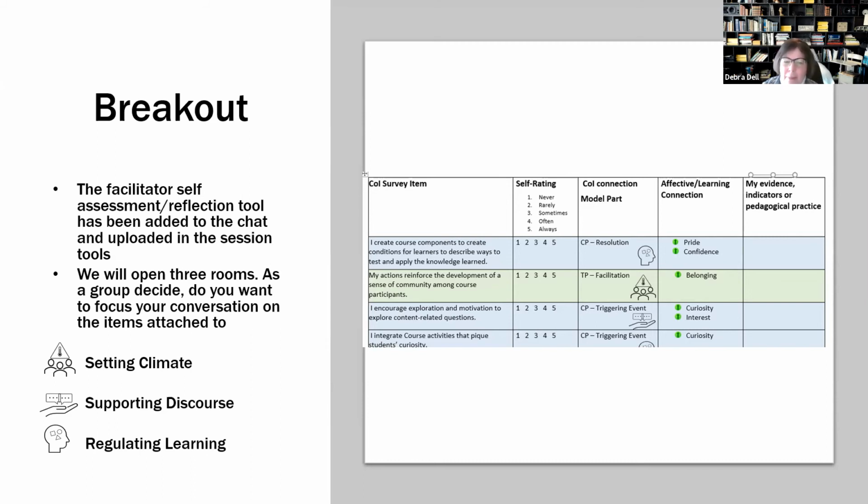Thanks, Danny. I'm not a very fast reader. I'm dyslexic, so I decided I'd start at the bottom of the list, assuming that people wouldn't pick stuff from the bottom because they'd be starting from the top. And while I'd echo the fact that there's many things in here that I hope that I do, I noticed, second to the bottom here, "I create to ensure that online and in-person discussions can help learners to develop a sense of collaboration."